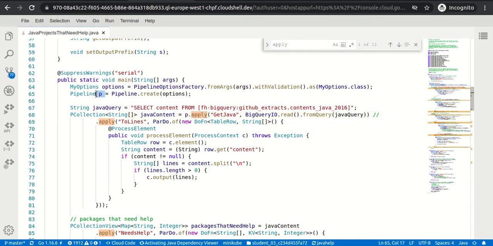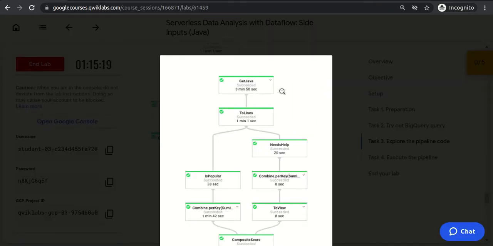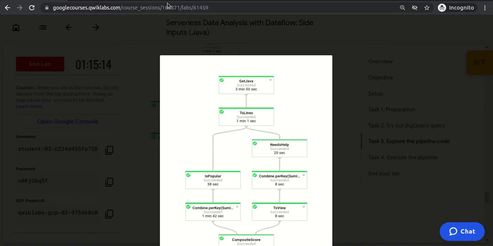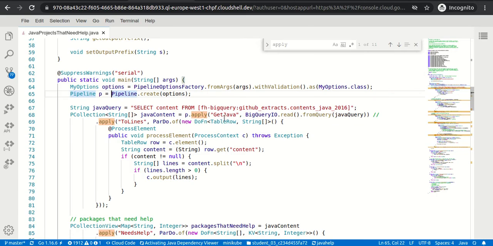So pipeline is the P. As part of the pipeline, what is the first step? So p.apply. Get Java is the first step. So wherever you see the apply function, that is a step of that particular pipeline. I could see apply here in the get Java.